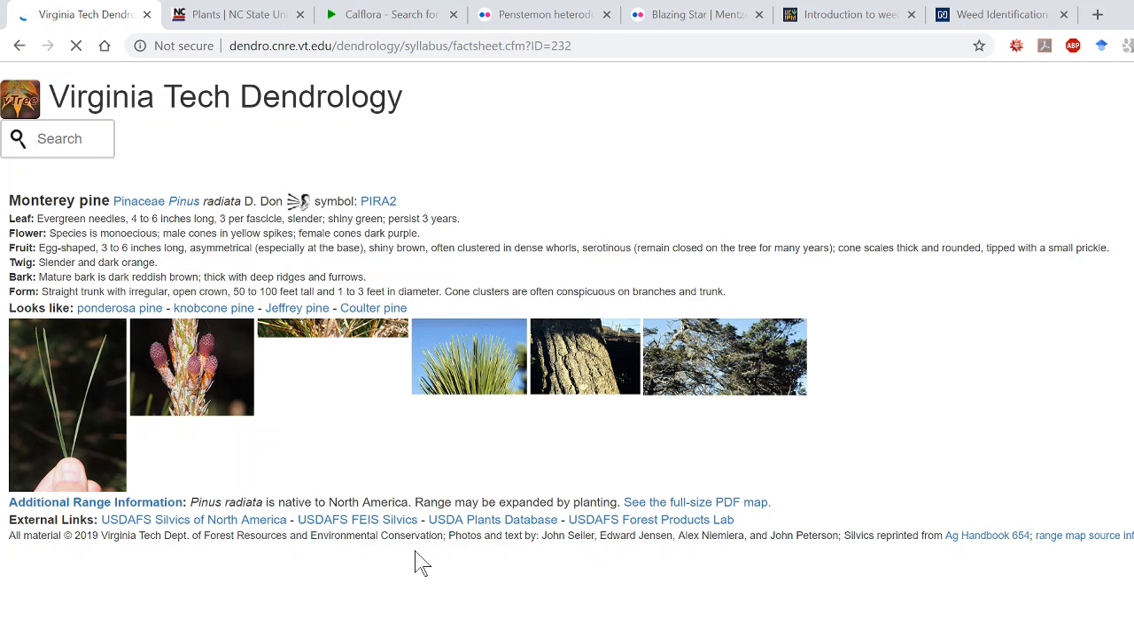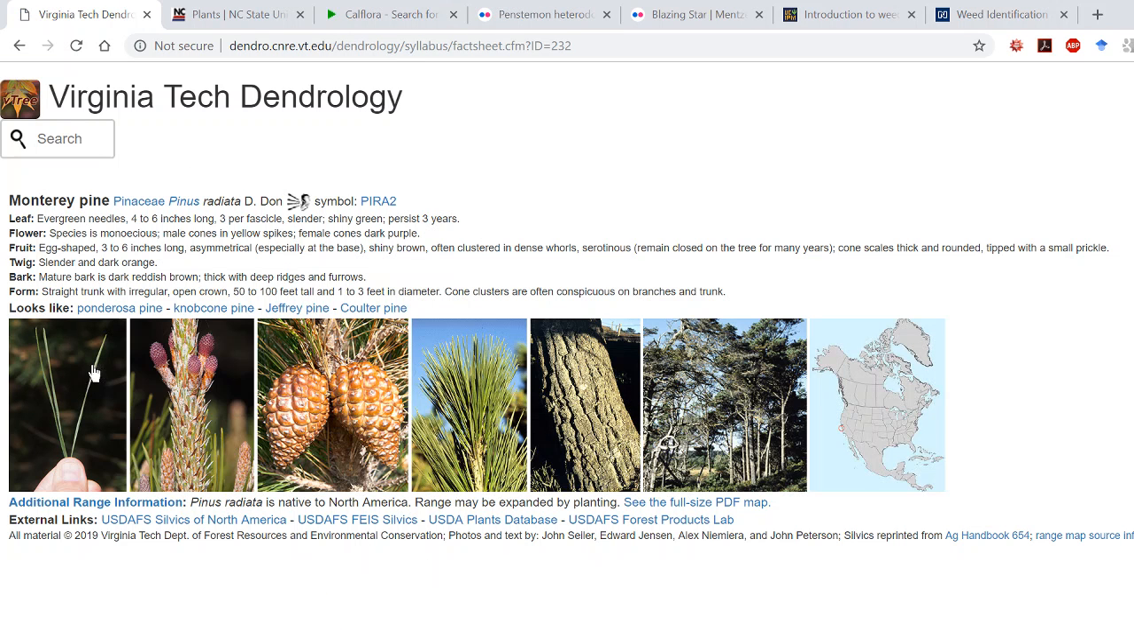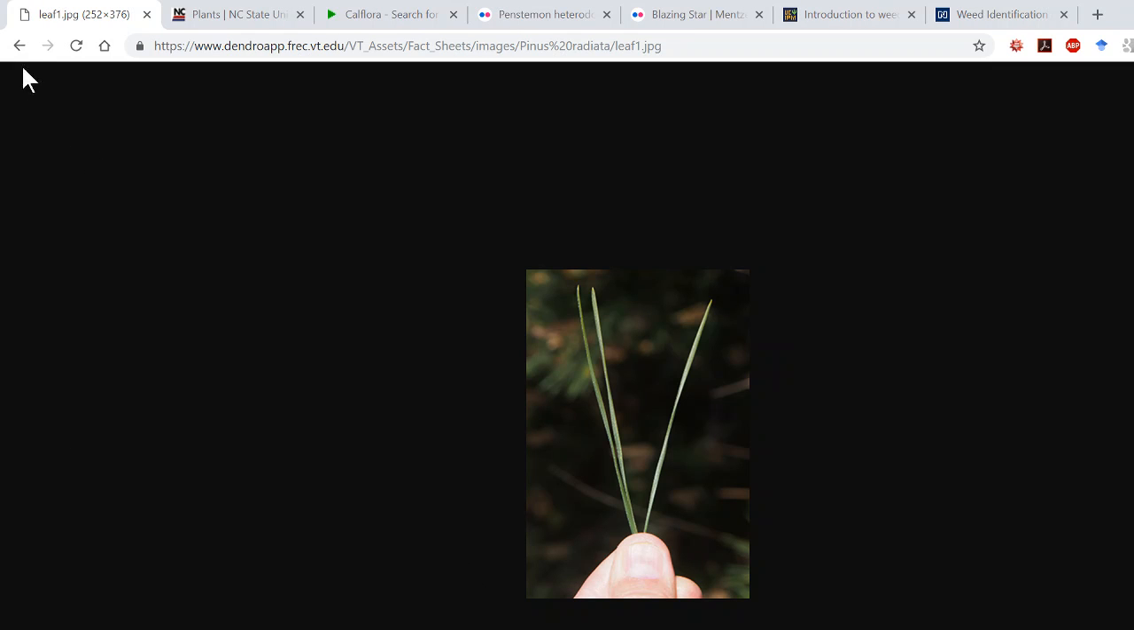And then it will bring up a really great fact sheet. And the thing I like about their fact sheets is it has how to pronounce it. It's got a little thing you can click, and it will say the word in Latin. It's got examples of the needles, the bark, fruiting structures, the end branches, what the tree looks like, and where it's naturally grown. So if I want to see what the needles look like, I can click on that, and it will have information about